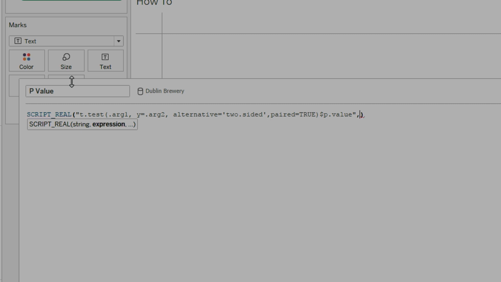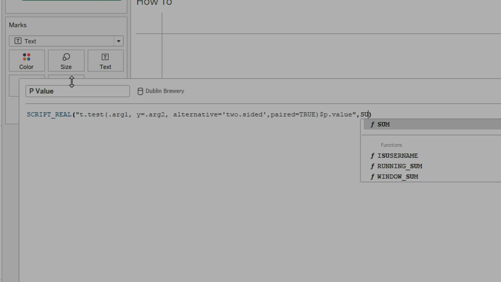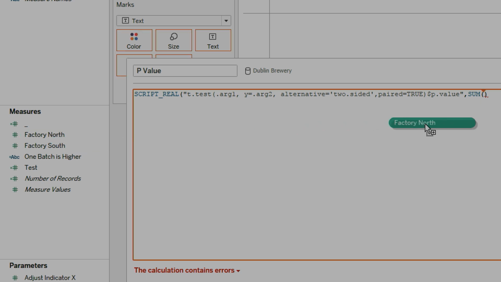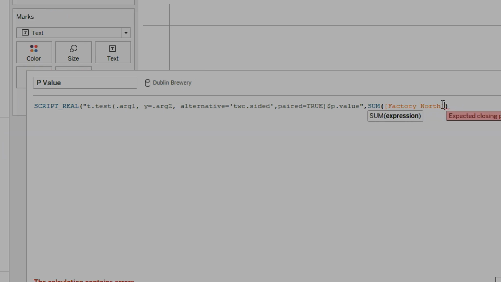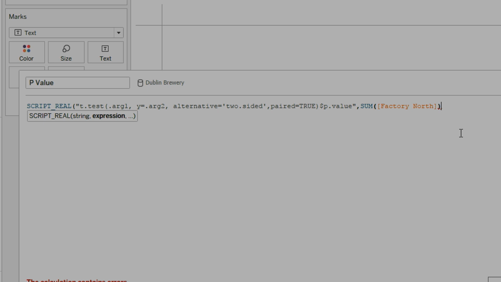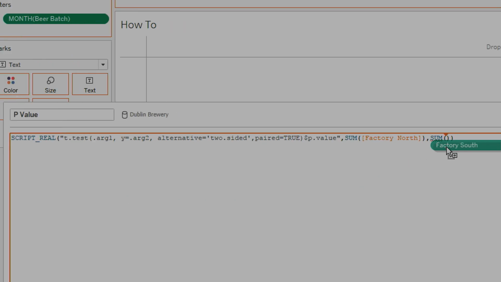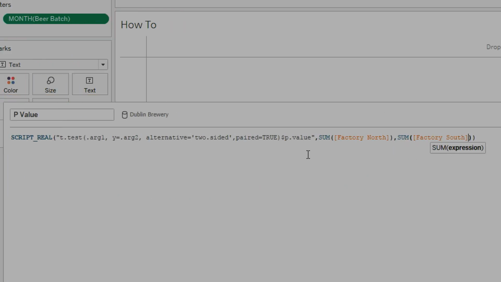I now begin by pasting in that piece of R code. So I define here my t-test, and I now want to go ahead and start using those values that I had for my factory south and factory north. So I'll bring in factory north here to be my arg1, and then I'll do the same here for my factory south.